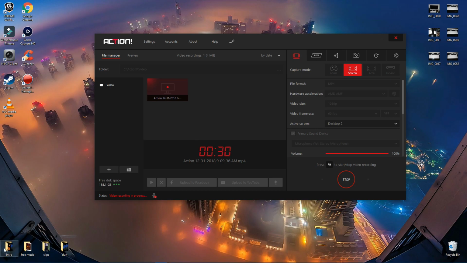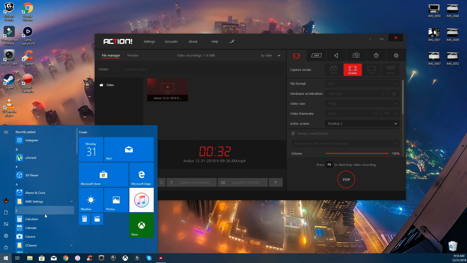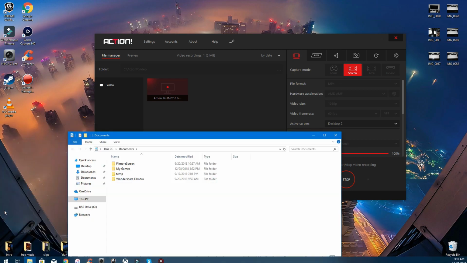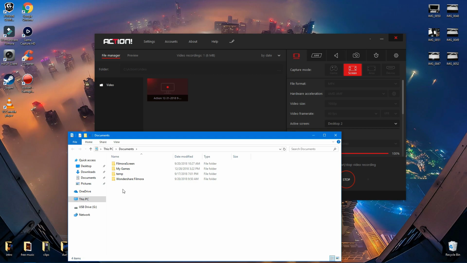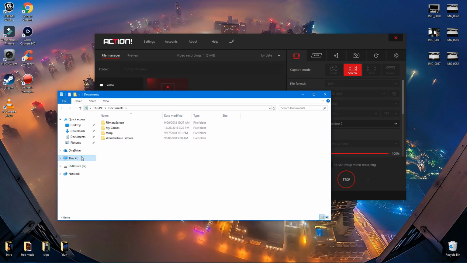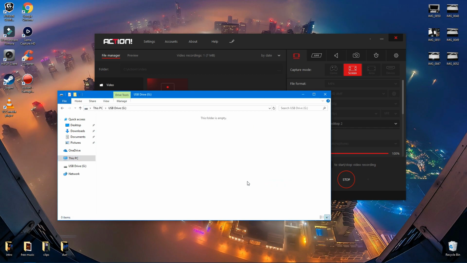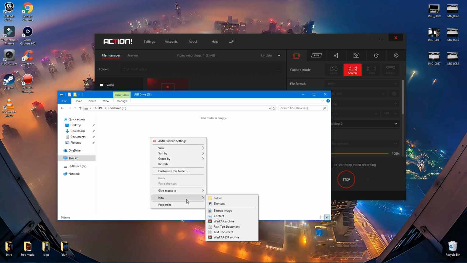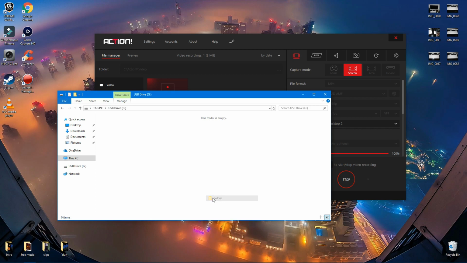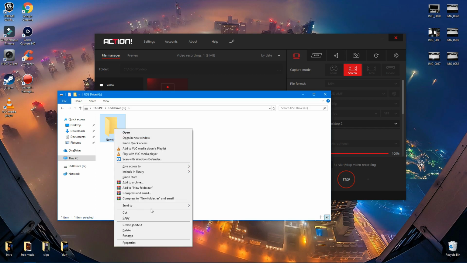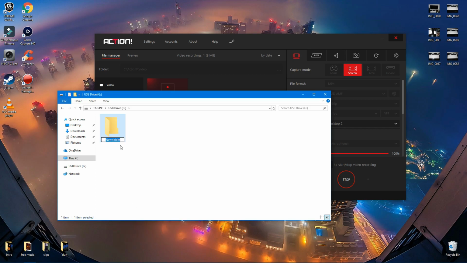What you're going to need is a small USB, like a memory stick, 4 gig, 3 gig, it doesn't really matter. So what you're going to do is go to your memory stick that you plugged in. In my case it's here. And you want to go into it, right click, create a new folder, just like that. Then you want to right click on the folder and rename it